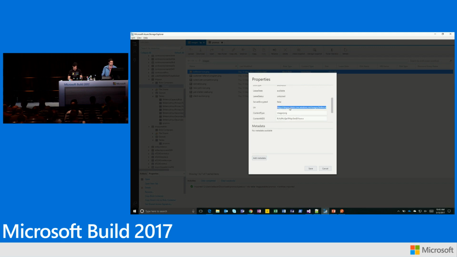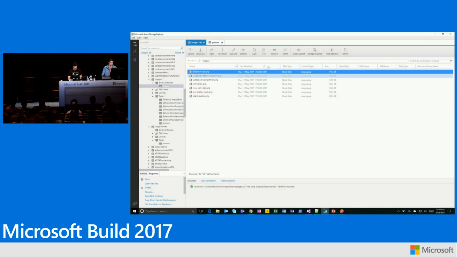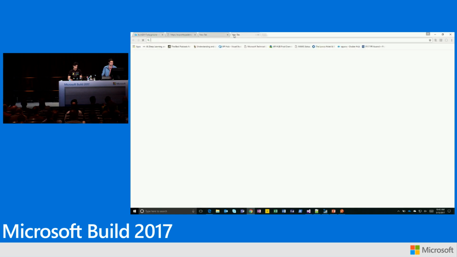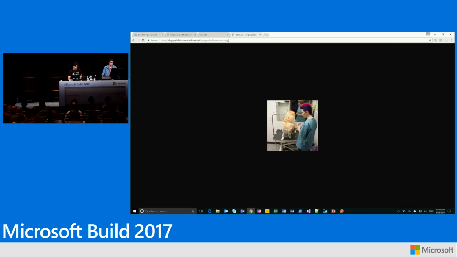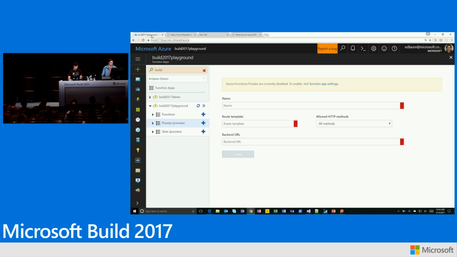They're right here. So all of those work, but I might change the location of those images later. They work today, so I could put this behind a proxy so I can swap that backend without having to change my API. So I could just call it promo image. This initial name here on the proxy is just for your internal management.